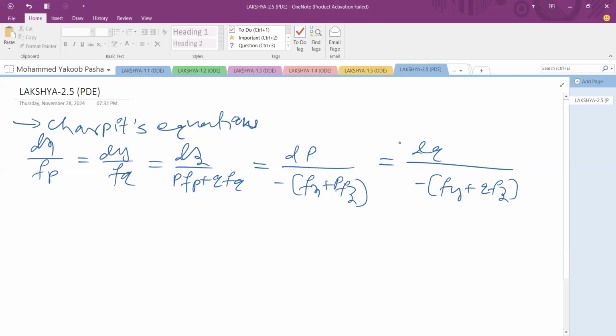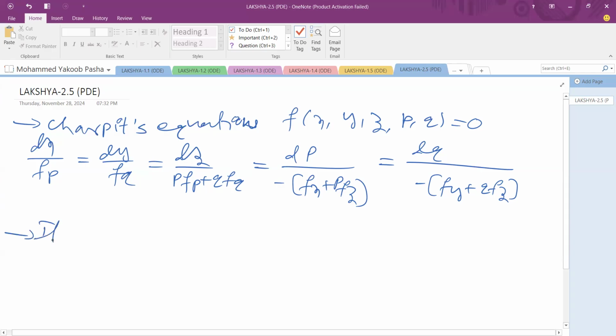To solve the first order non-linear PDE in the form f(x, y, z, p, q) = 0, where p and q are the first order partial derivatives, ∂z/∂x and ∂z/∂y respectively, we consider cases. So when the equation contains two variables,